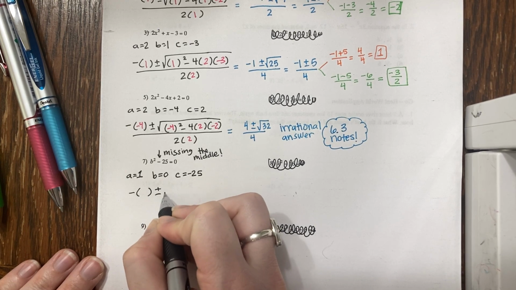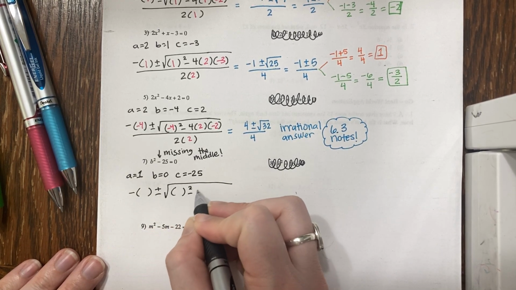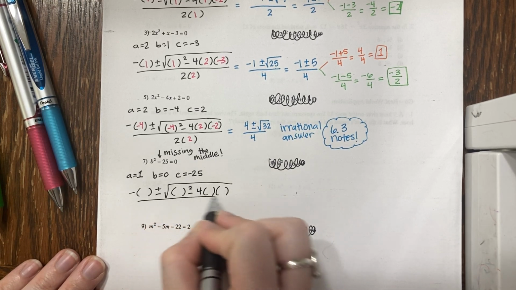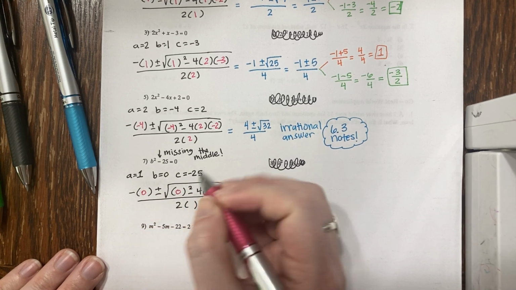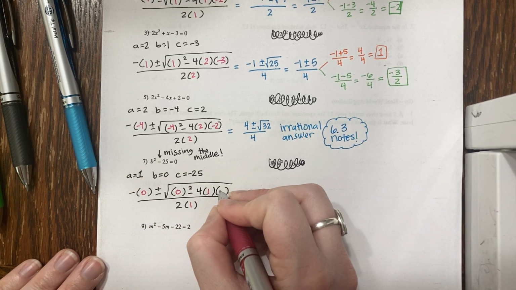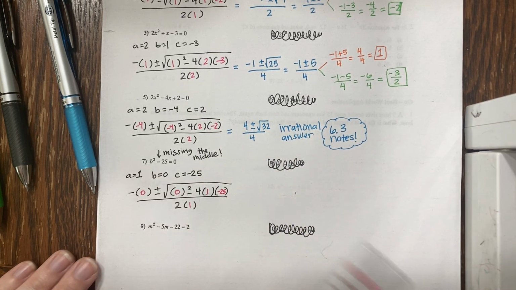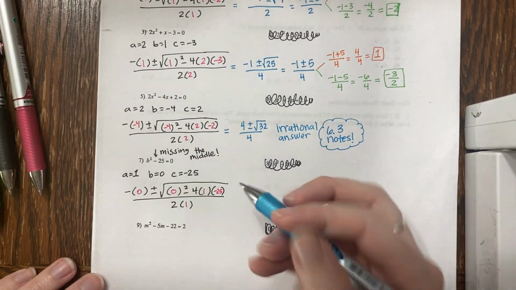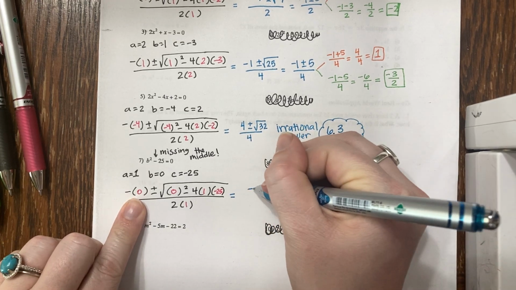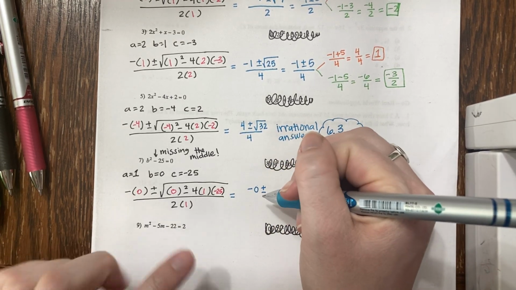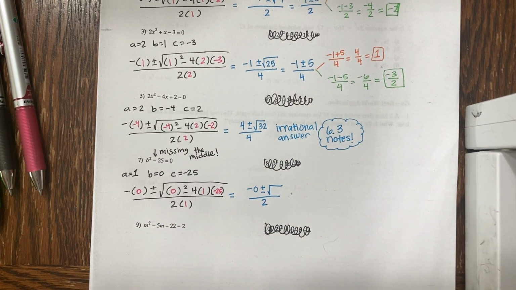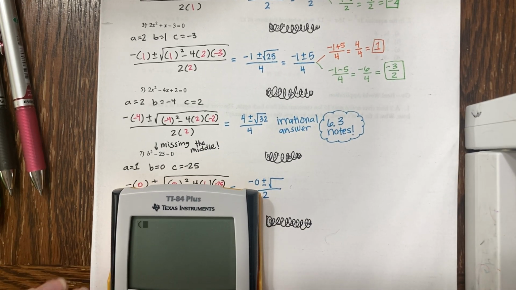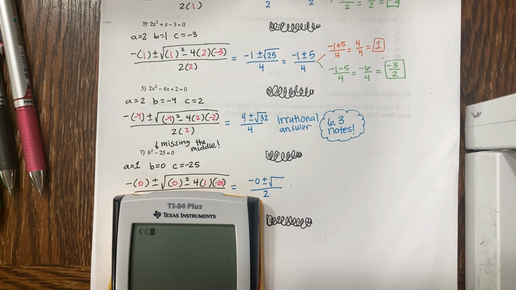Negative b plus or minus the square root b squared minus 4ac all over 2a. Plug in b, a, and c. That will make a 0. If you want to put -0, totally fine. Same thing as just putting a 0. Over 2 times 1 is 2. Zero squared minus 4ac